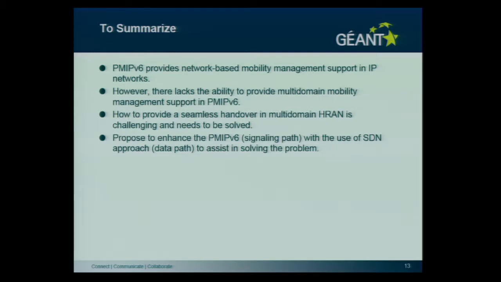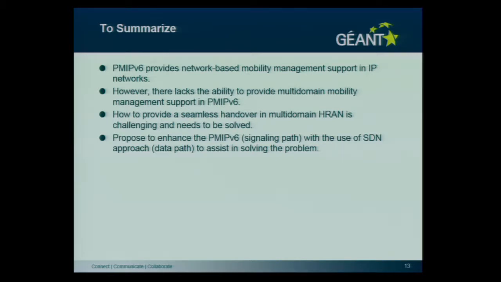So we need an enhanced version of proxy mobile IPv6. And this research is about how to provide a seamless handover in multi-domain HRAN. But this is challenging, and it needs to be solved if we have eduroam everywhere in the LTE world and also in the Wi-Fi world. Then we have to face this kind of situation here.